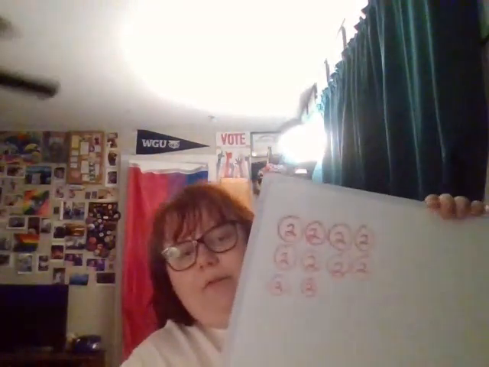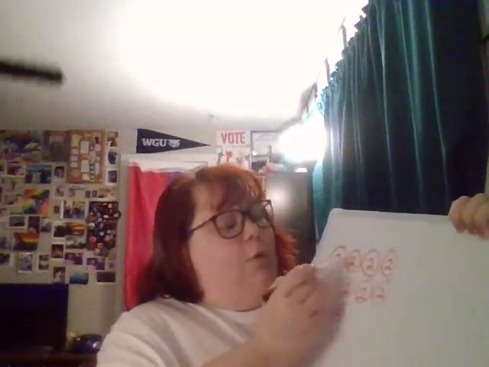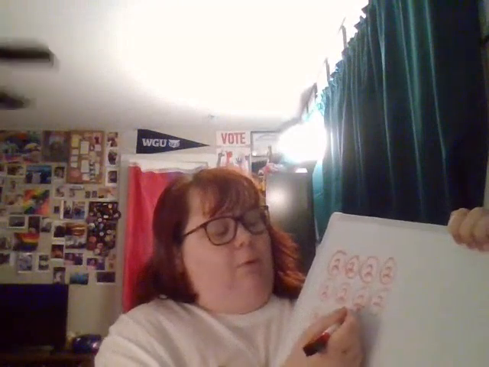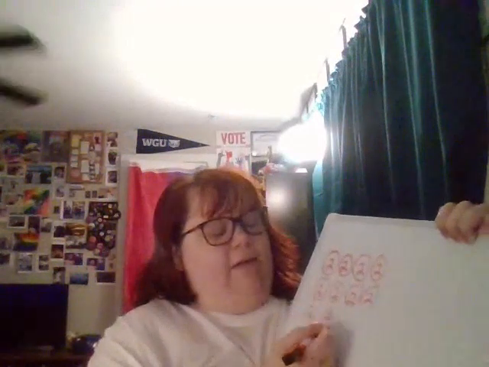So now we have our circles of 2's. So 2, 4, 6, 8, 10, 12, 14, 16, 18, 20. Okay, so now we know that for 10 bags, it's $20. So now that we know that, and we know Miss Emery has $50,